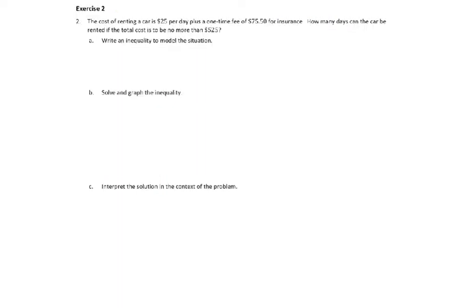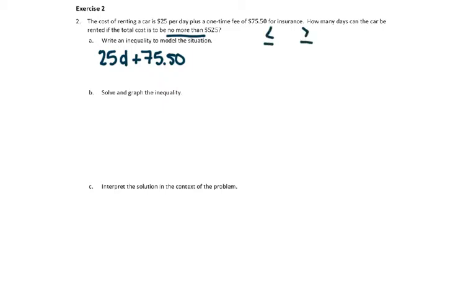And our next problem says, the cost of renting a car is $25 per day. So I'm going to write that down, $25 per day, because it's going to be somewhere in my inequality, plus a one-time fee of $75.50 for insurance. How many days can the car be rented if the total cost is no more than $525? So remember, if we see that no more than, we are meaning either less than or equal to or